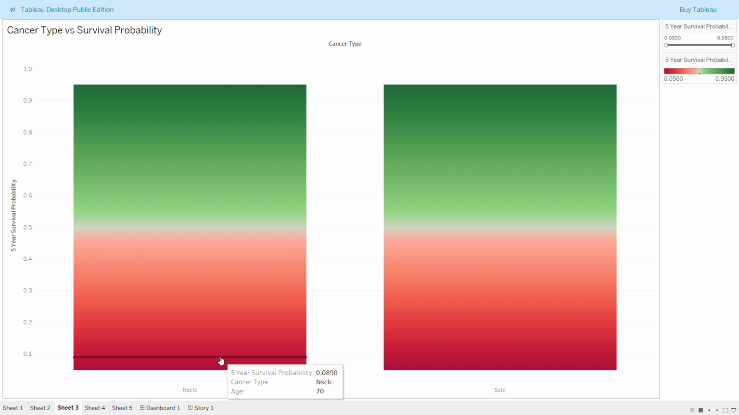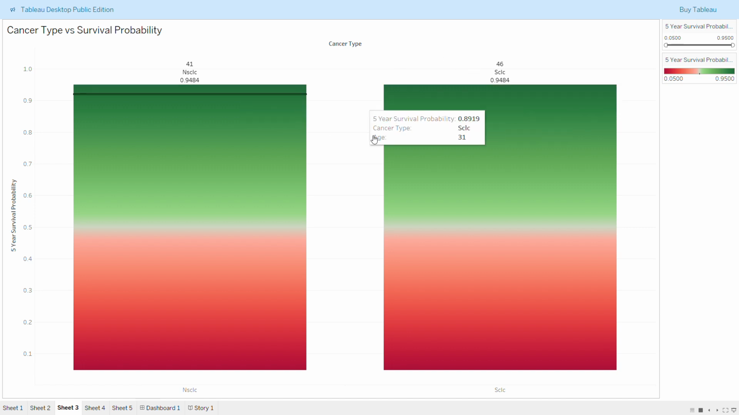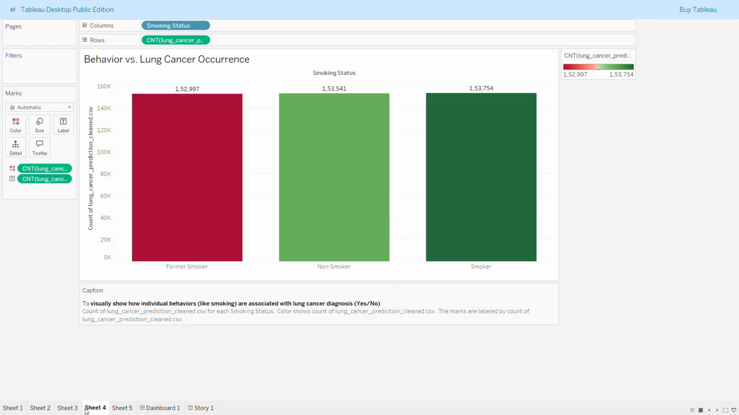So this visualization I had named cancer type versus survival probability. We can see the cancer type and the survival probability, as I mentioned, for the 5 years. So next, let's dive into the